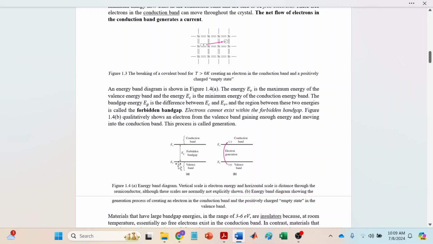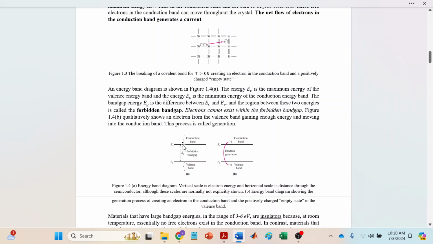But for an intrinsic semiconductor, when the temperature is increased, the atoms within the silicon structure gain some thermal energy. So the valence electrons break away from the covalent bond and gain this band gap energy called Eg, and they move to the conduction band. When the electrons move within the conduction band,